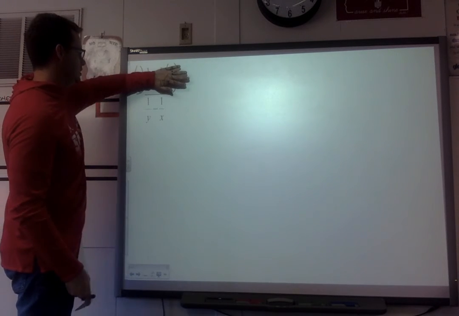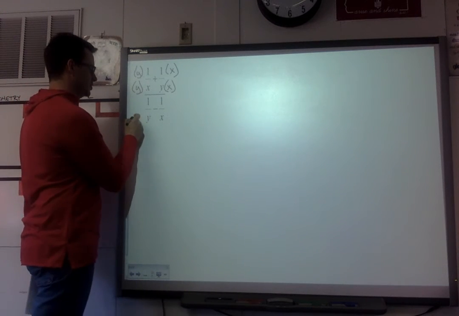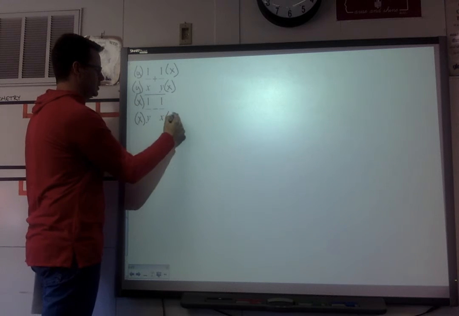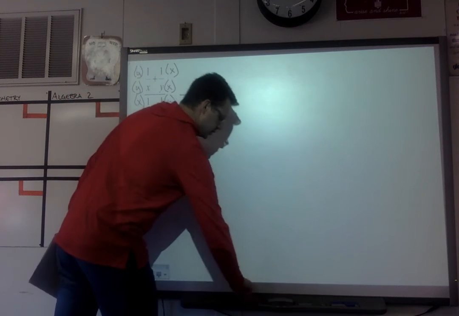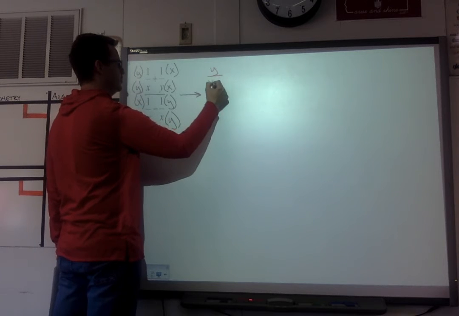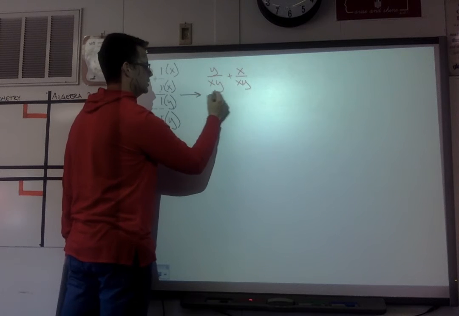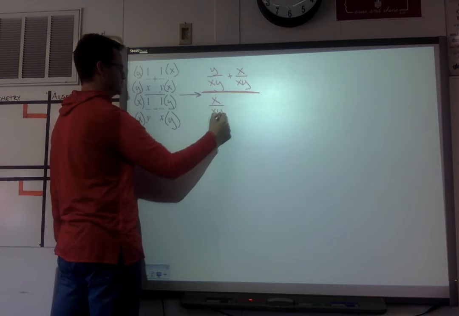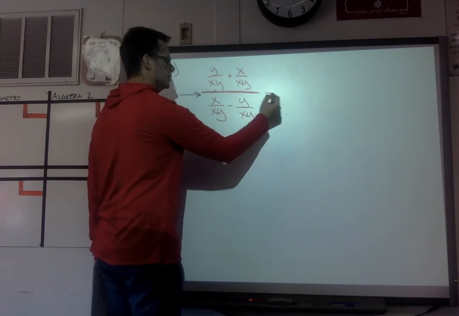Now my denominator, 1 over y minus 1 over x. Again, my common denominator is going to be xy. So I multiply the left by x, multiply the right by y. This will now become y over xy plus x over xy, all over x over xy minus y over xy,